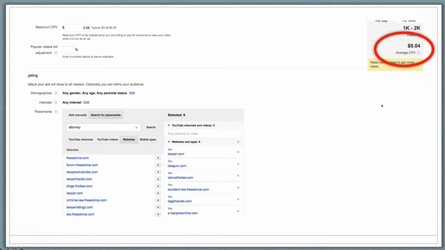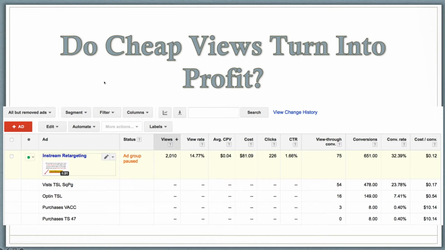Now, if you were to target these people anywhere else, especially on regular AdWords or something, you would be paying out the wazoo. For lawyers, attorneys, last time I checked, I think it was $100 and some for a single click back to a website. And the cool thing about this is it's the exact same traffic that you can get from AdWords or from Google, because this is Google and AdWords, right? You get to tap into all of that. So very cool.